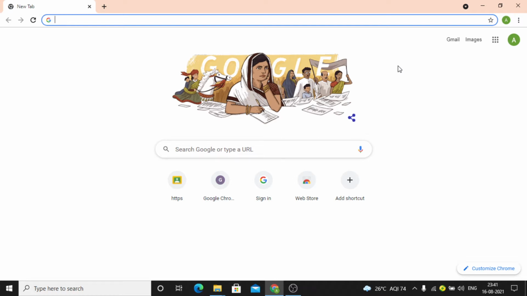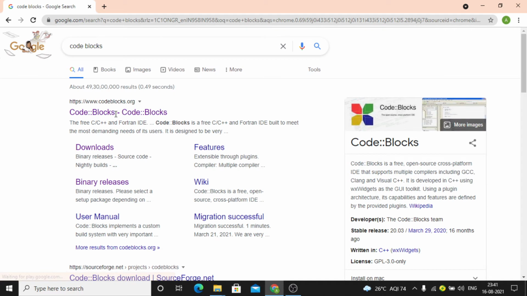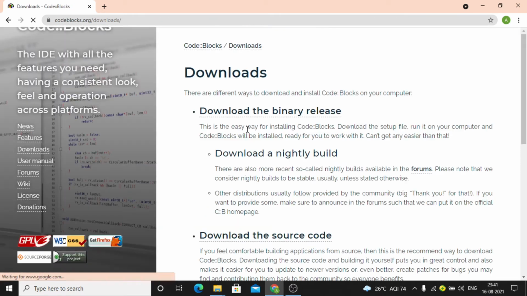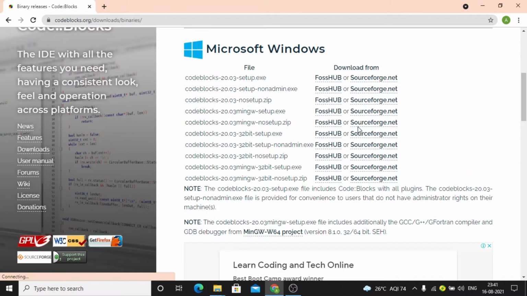In this video, we'll see how to use an online compiler, and we'll also see how to download an offline compiler. So let's continue with downloading the offline one. In offline compilers, we have tons of variety, but let's stick to Code::Blocks. Just type Code::Blocks in Google Chrome, click on downloads, and then go to the binary release. For Microsoft Windows, the MinGW comes in two versions: one is 32-bit and the other is 64-bit. The 64-bit one is this fourth one, codeblocks-20.03-mingw-setup.exe. Now you will be wondering whether to download 32-bit or 64-bit.